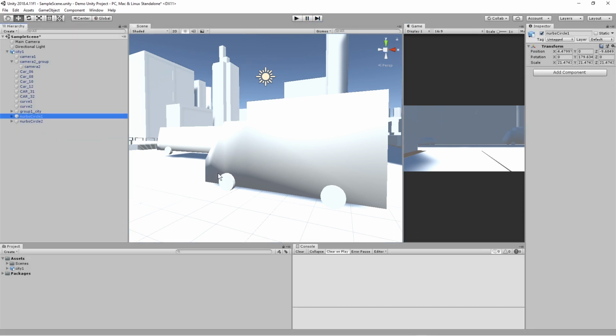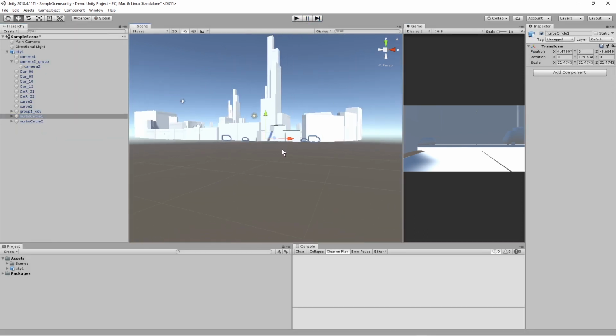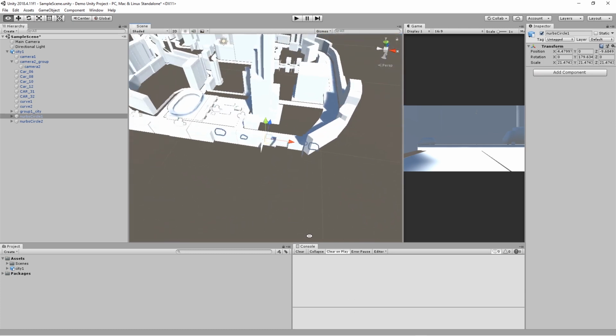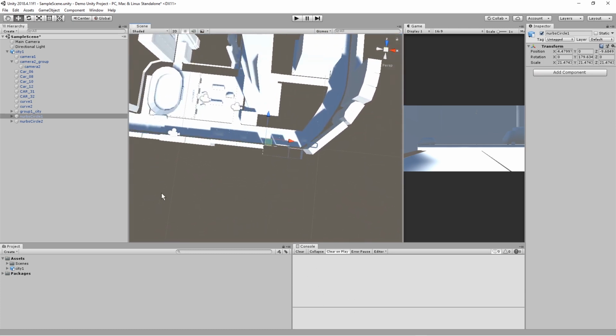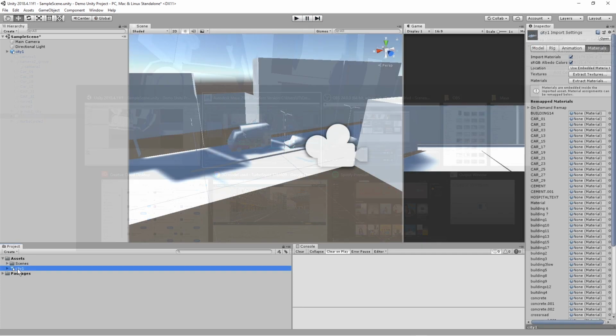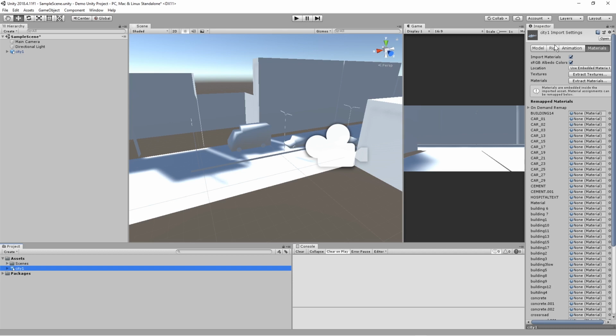So this Nurbs Circle, I can find that in the scene. I can see where it is, and what I may need to do is work out how to turn that animation on. So there's some more steps we need to do in Unity. So one of the first things I'm going to do when I'm in the inspector here, I'm going to extract the textures,